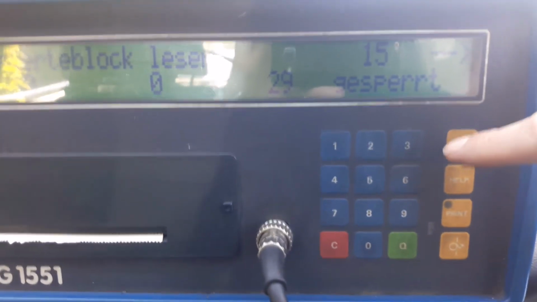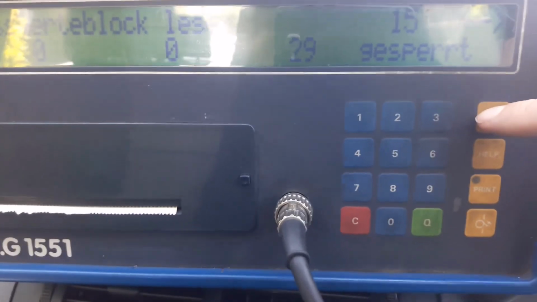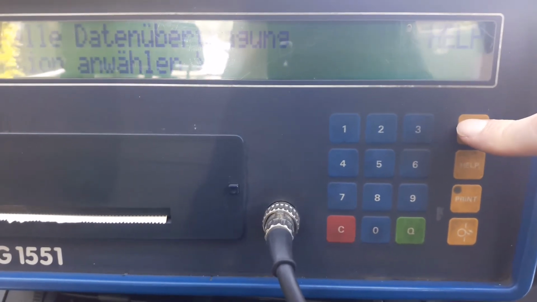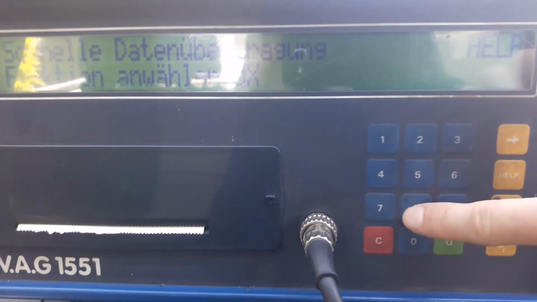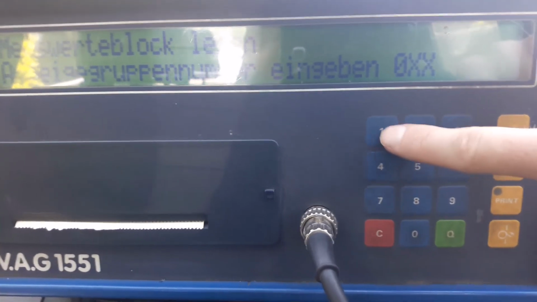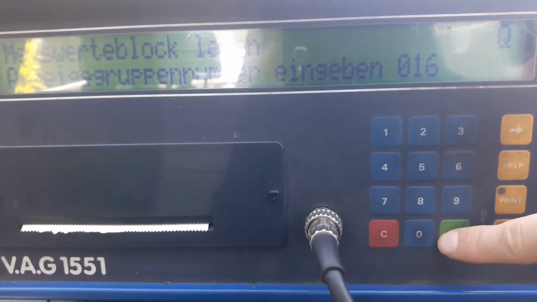If this were a 4-cylinder engine or a V8 with 8 cylinders, for example, then we would have gone to 08Q, channel 16 would take us to the next cylinders. Now there's nothing here